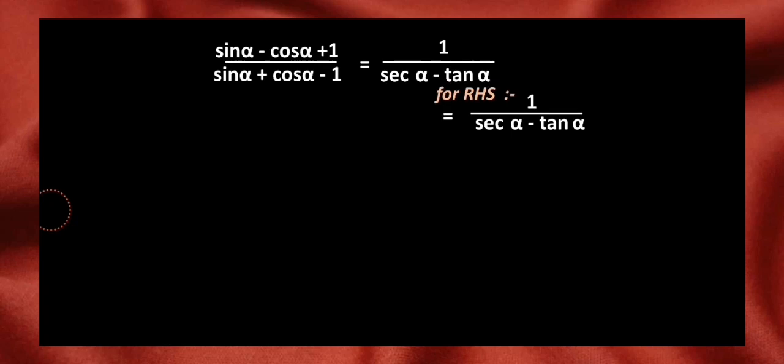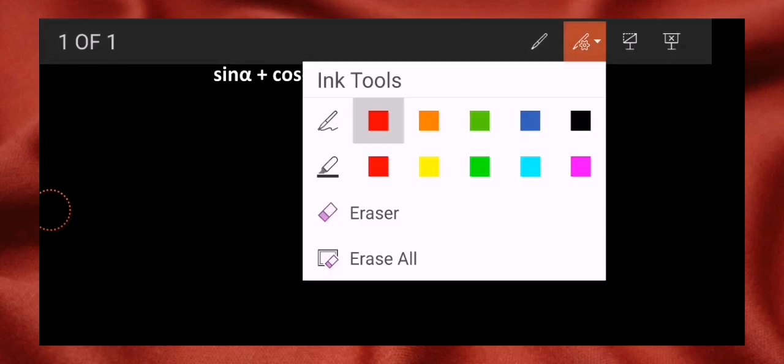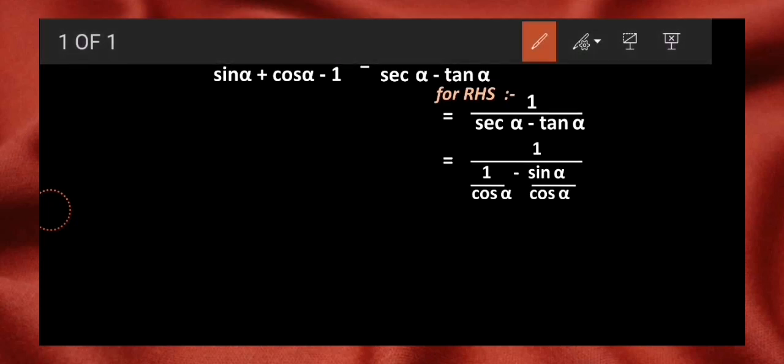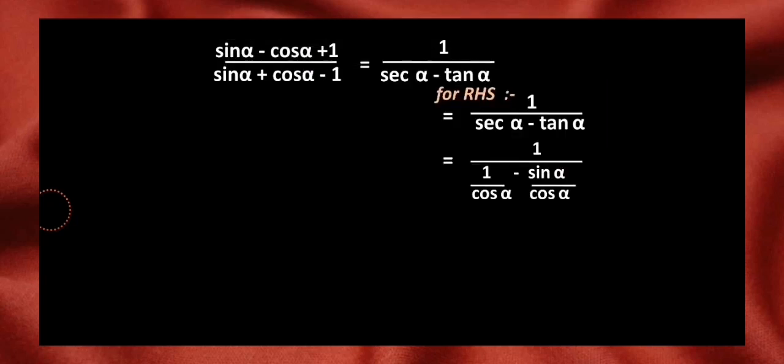Now as we require only sin and cos in the LHS, we will turn this sec alpha and tan alpha into 1 upon cos and sin upon cos. And you know the trigonometric relation for it, right? Now observe the denominators over here. You will come to know that both the denominators are the same, so I can utilize it as a common denominator for both the fractions. And here we are with that method.